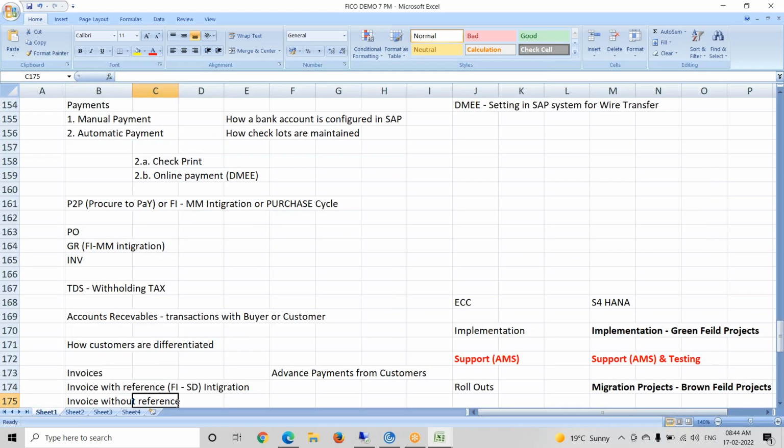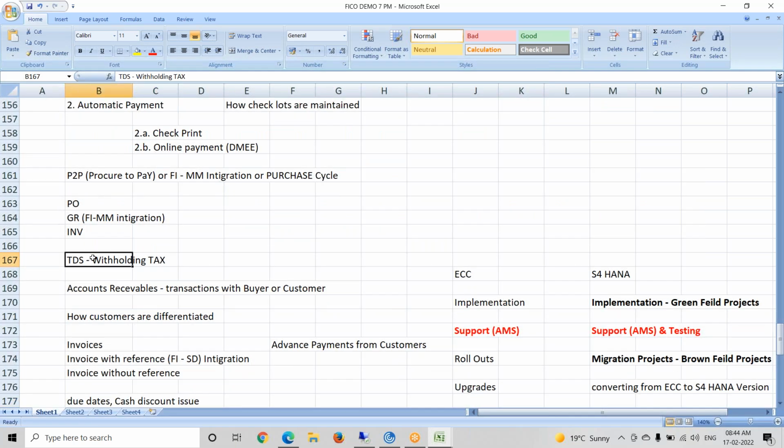In AP, one more topic will be pending, TDS, tax deduction at source. At the time of payment to our vendors, we maintain withholding tax, and for that withholding tax we give Form 16 to our vendors, so we will generate that. Of course, Form 16 in S/4HANA is not coming in the right format, but we'll try to do that as well, up to execution and showing the transactions. We also have additional configuration settings for the print of Form 16 for the TDS amount, but the print is not happening.